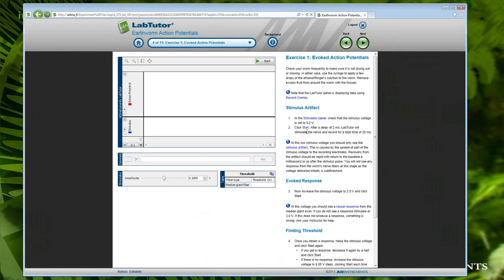And we will take a look now at the actual exercise here. And what we're going to try to do is look at an evoked potential. We're going to begin stimulating and try to determine threshold here for the giant fiber. So here's the first recording,